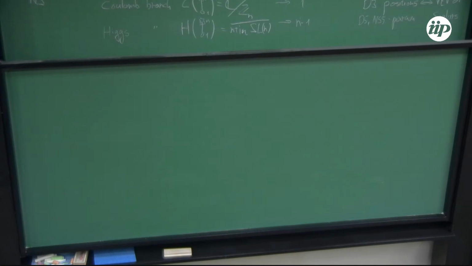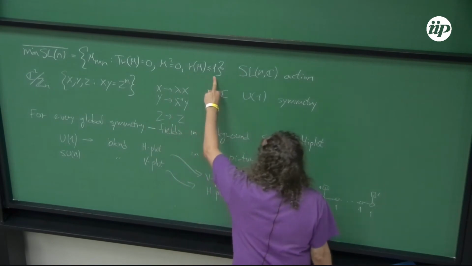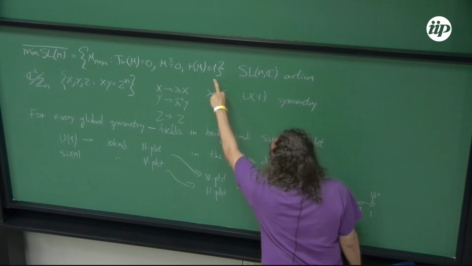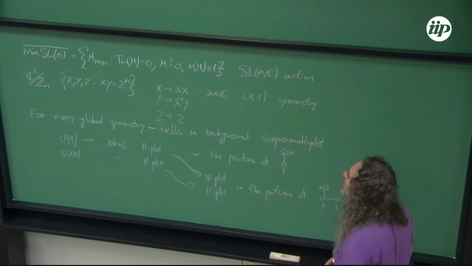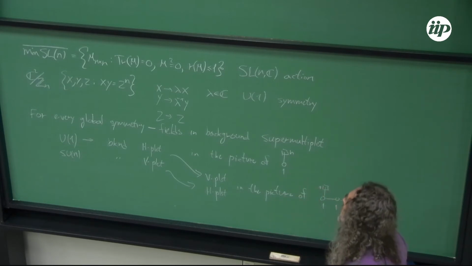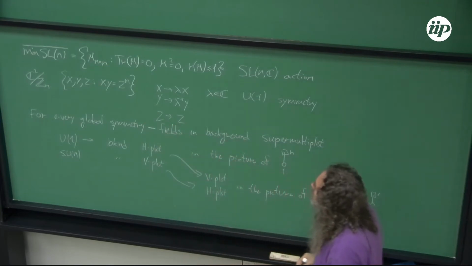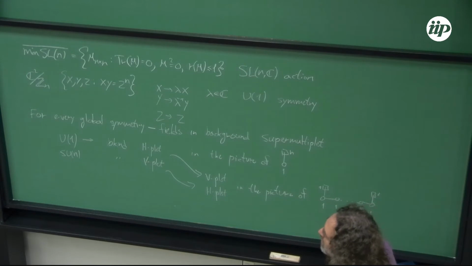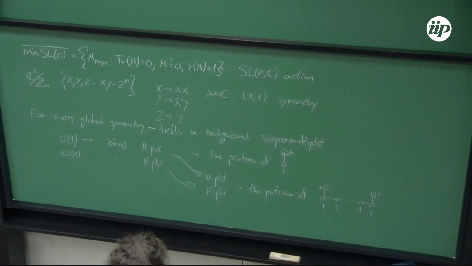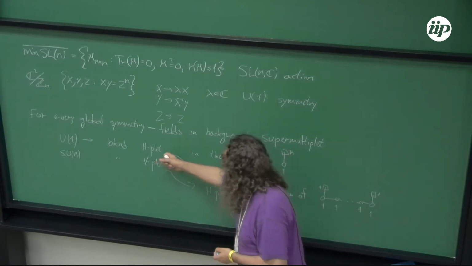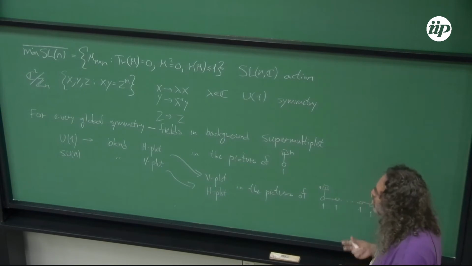Okay, so let's go back to the piece of geometry we were discussing. This space has a natural global symmetry SU(N). I called it here SL(N) action, but in more physics terms, there is a natural SU(N) which acts on those variables, whereas in this case, there is a natural U(1) which acts on the variables. And so, because I have a background supermultiplet, either a hypermultiplet or a vector multiplet,